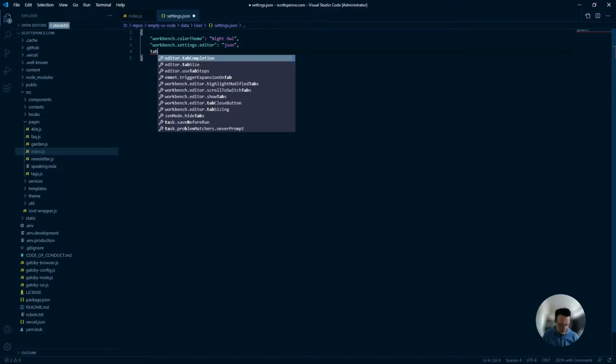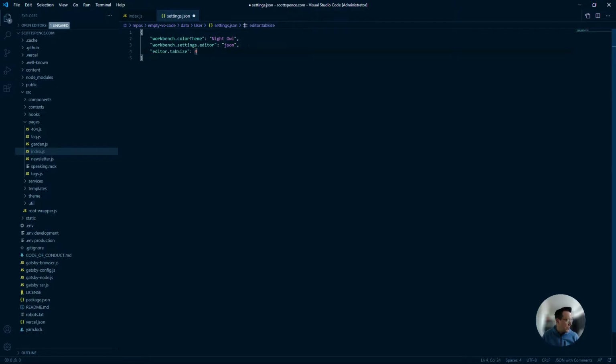Tab size at 2, not 4. I hit save, it's going to indent that a bit, which we should do. So there's a couple other things really, but ultimately for me it would be the font family and the font size. So if I just pick those out,